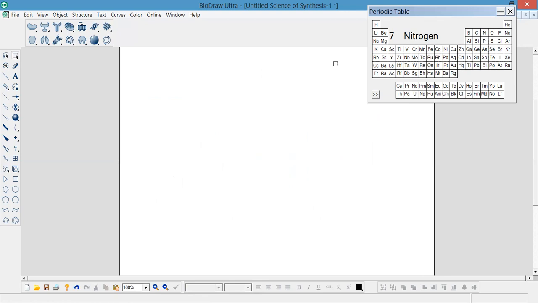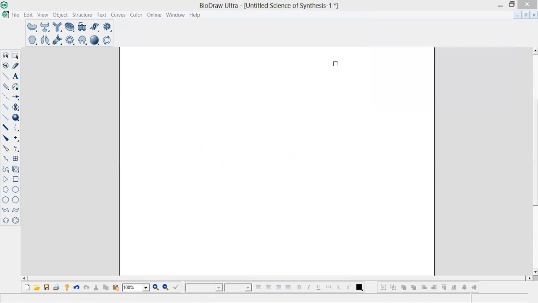Now we will see one of the reaction mechanisms. Now we will see the reaction mechanism of synthesis of imidazole derivative, that is 2,4,5 triphenyl imidazole, that we have performed in our medicinal chemistry 3 practical. Okay, that is the Debus-Radziszewski imidazole synthesis, that we have covered in our practical.